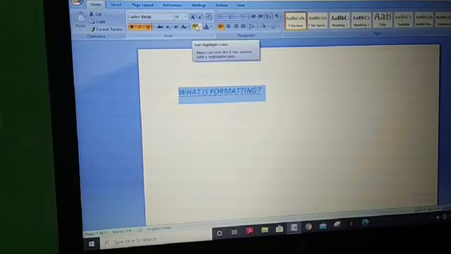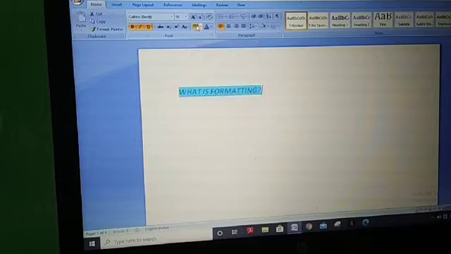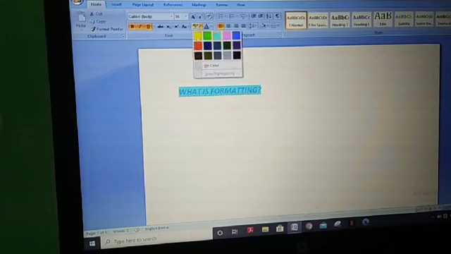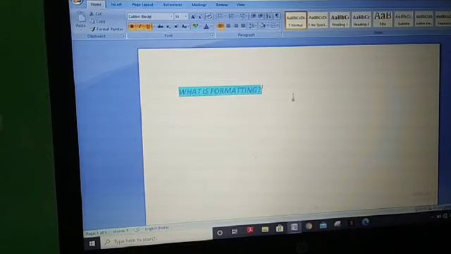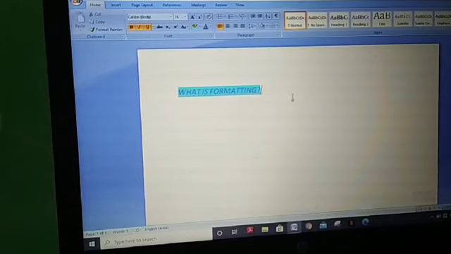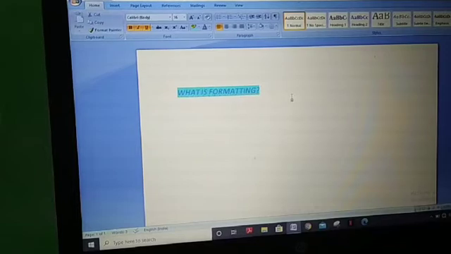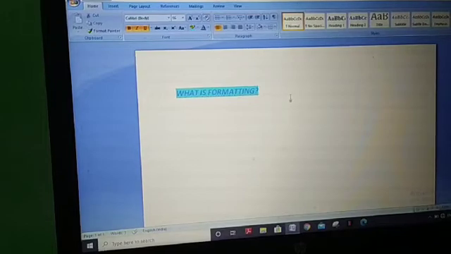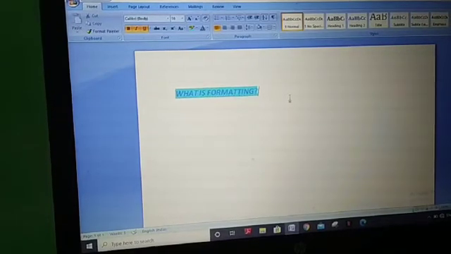This is the highlight button. Click here. You can see it is highlighted. It can show you different highlight colors. It was selected earlier, so it had taken this color, but many other colors are there. So the highlight button and font color button are used for formatting. Understood? The font group helps a lot in formatting.